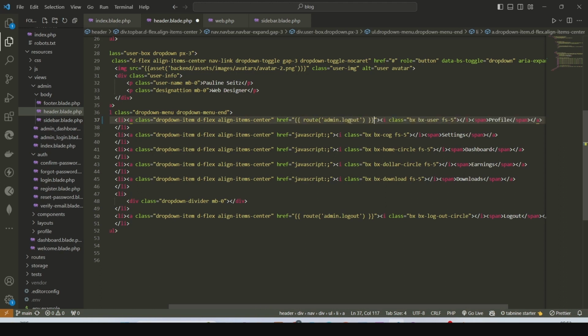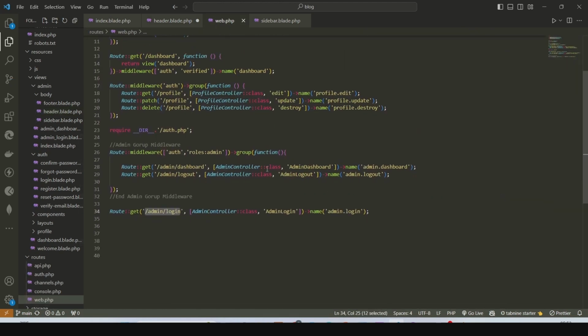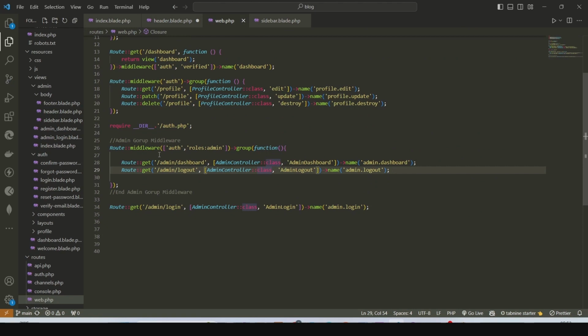So now what do we want to name our route? We are going to name it admin.profile. Now this route, we want to create it in our web.php. To create this route in our web.php, we want to make sure we create it inside our admin middleware, in the sense that only admin will have access to this route. We are going to be creating it here. It will be a get method. We'll copy this,